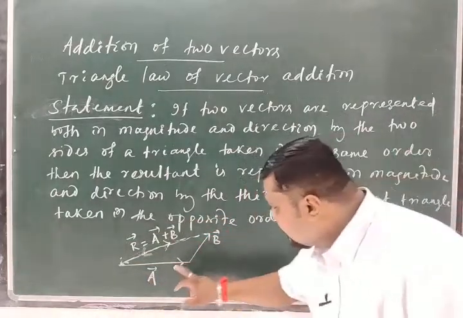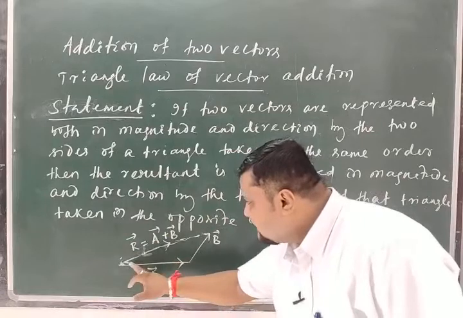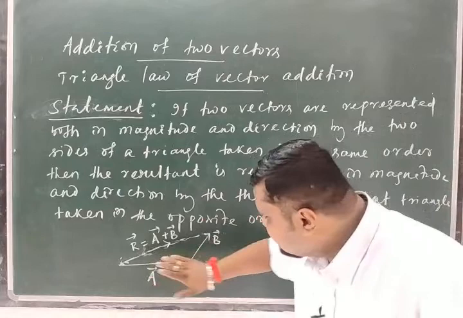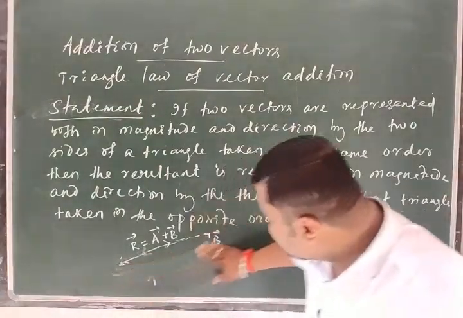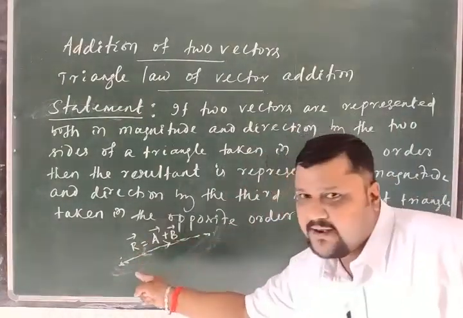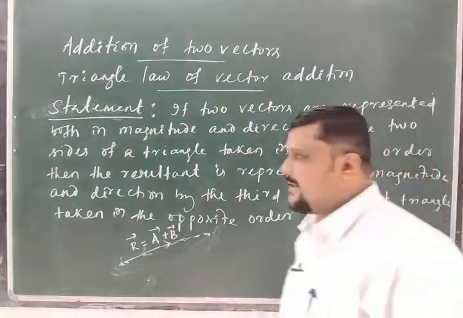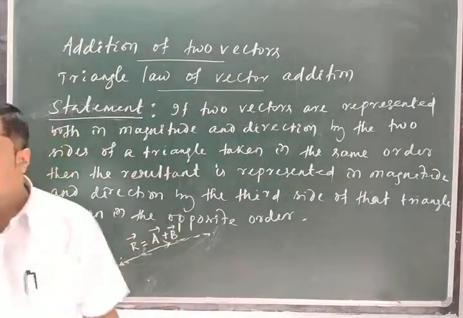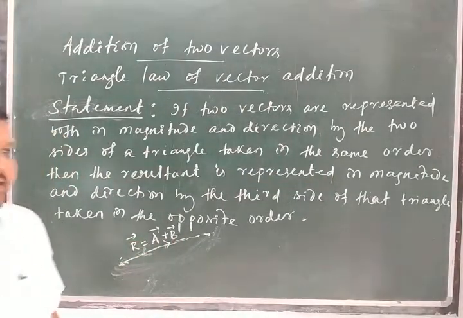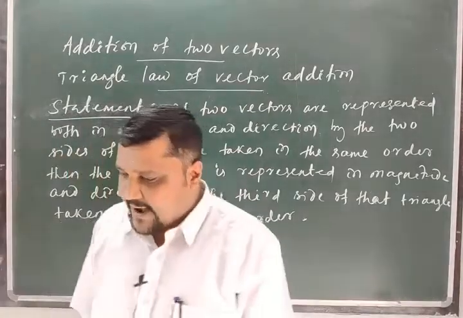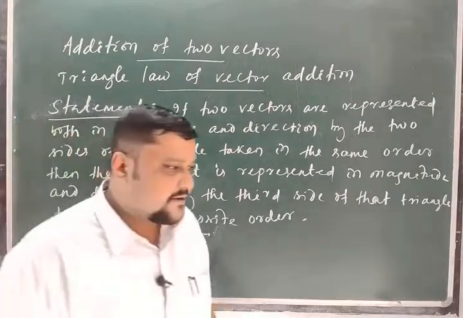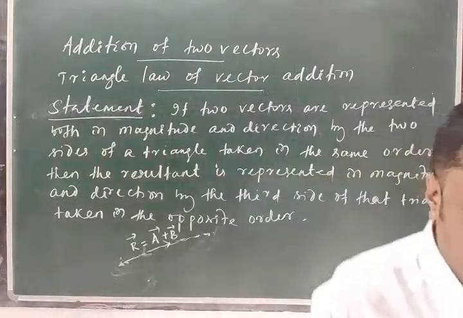It means that if A and B act like this, then the resultant will be shown like this. Instead of taking A and B, if you take this R, it gives you the same effect as when A and B act simultaneously. Okay, clear? Now we will find the magnitude and direction of this R. How to find the magnitude and direction of R? I will use the analytical method to determine the magnitude and direction of R. Okay? So now we will go for the magnitude and direction of R.